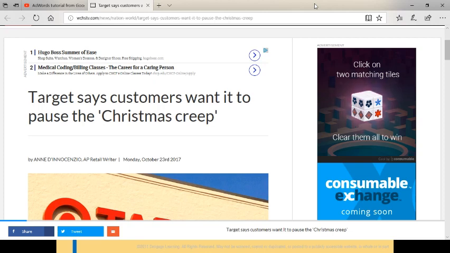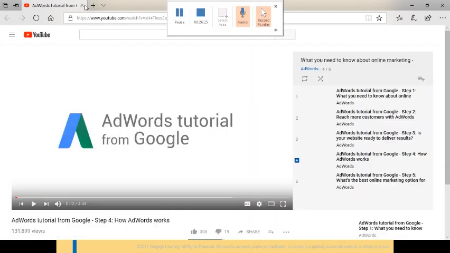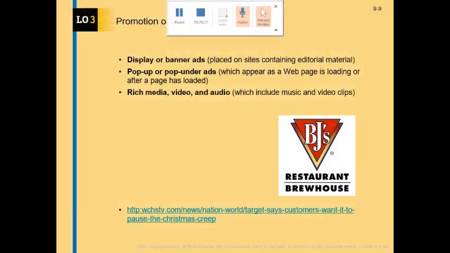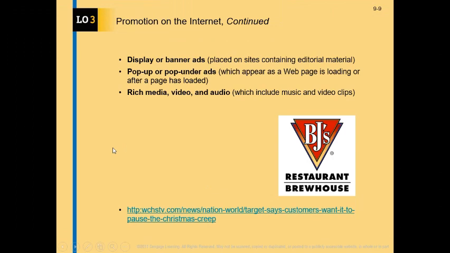If you go into a website looking for hotel reservations, it should not be strange that later in the day or the next day you keep receiving advertisements for hotels, because of course that information is maintained through these cookies that marketers utilize and